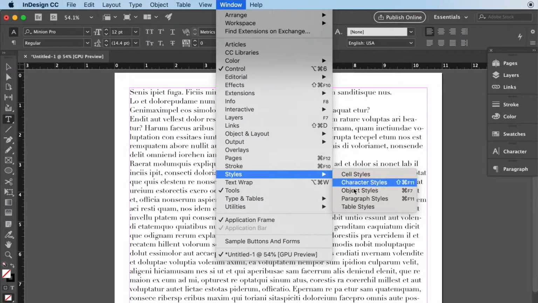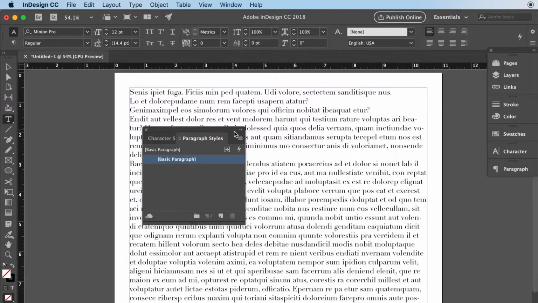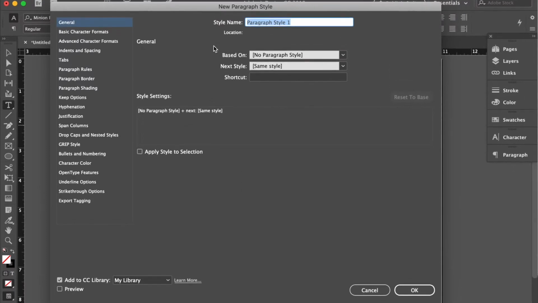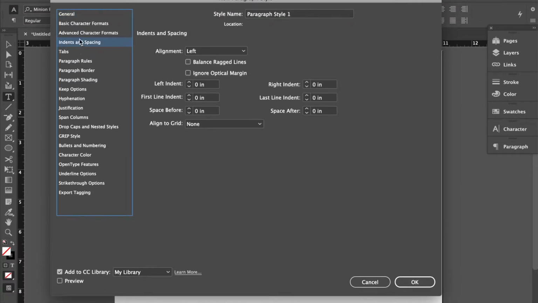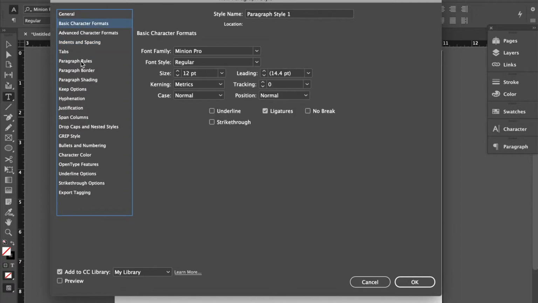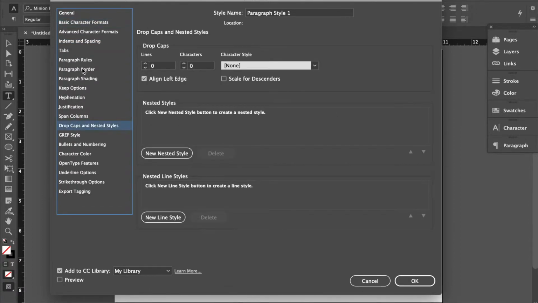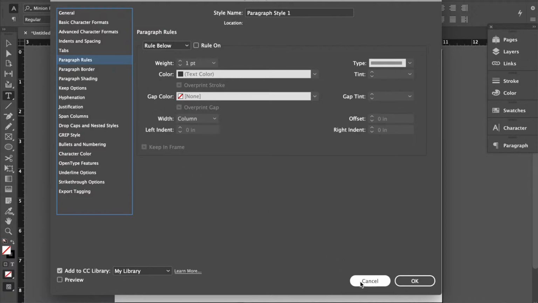First of all, we're going to be using some paragraph styles. A paragraph style is a preset that you can set up for your text that controls the indentation, the space between paragraphs, the text size, the leading. You can even use it to create drop caps or to put rules above or below your text. Paragraph styles are pretty powerful. I'm just going to give you a quick overview here so I can show you how to use paragraph styles and character styles to control kerning between specific letter pairs.